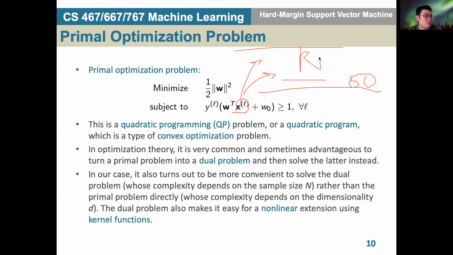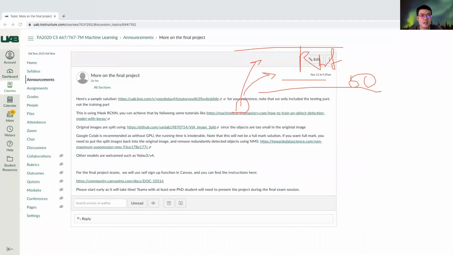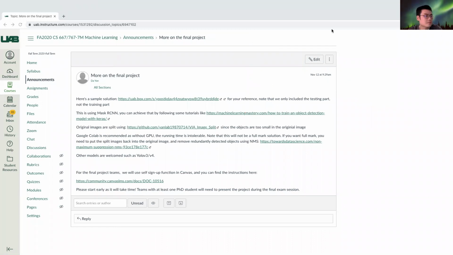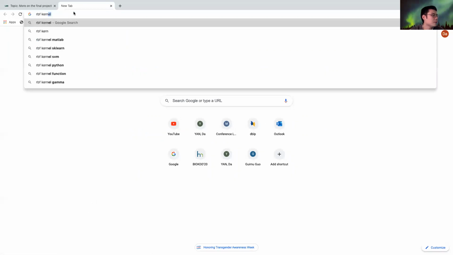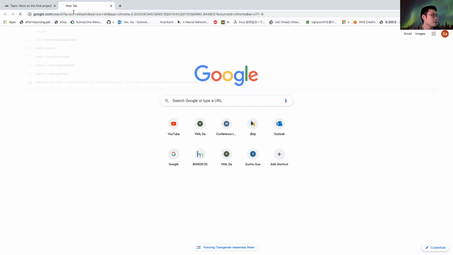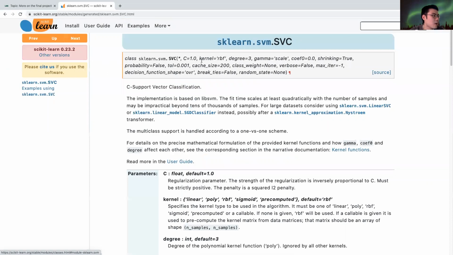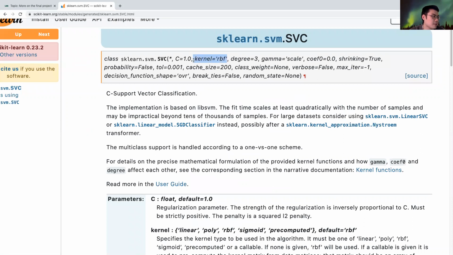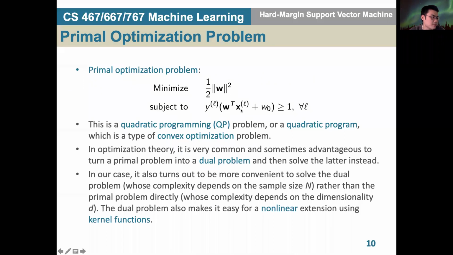And there's the RBF kernel, which is the default. We can take a look at it here. If you use scikit-learn, by default it's not using the linear kernel, it's using the RBF kernel. We'll discuss this later. This RBF kernel, by default, will map your original d-dimensional x to an infinite dimension space. It's literally an infinite dimension space. So in that case, you cannot